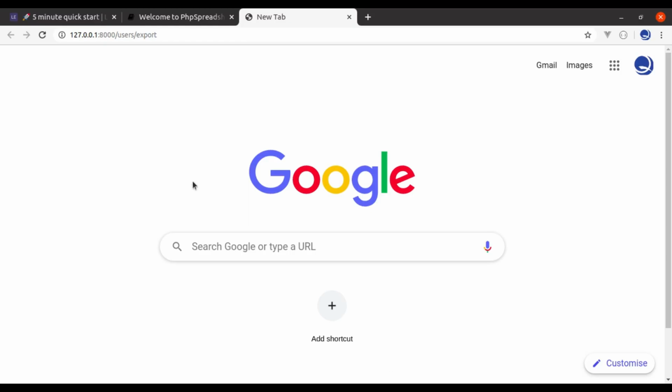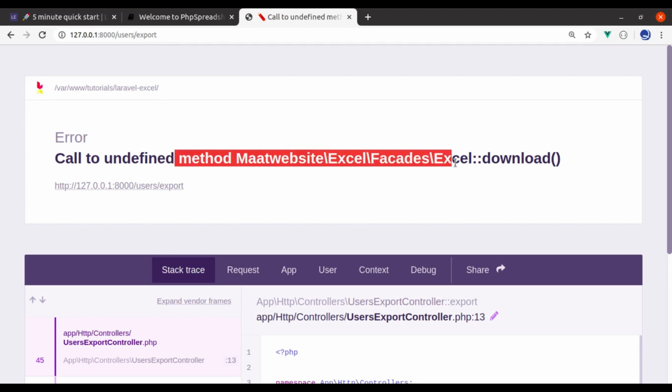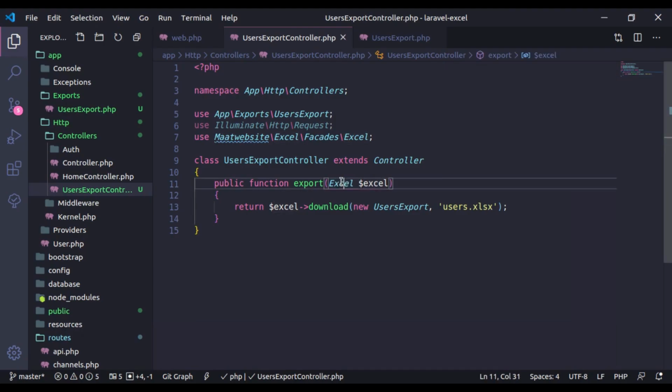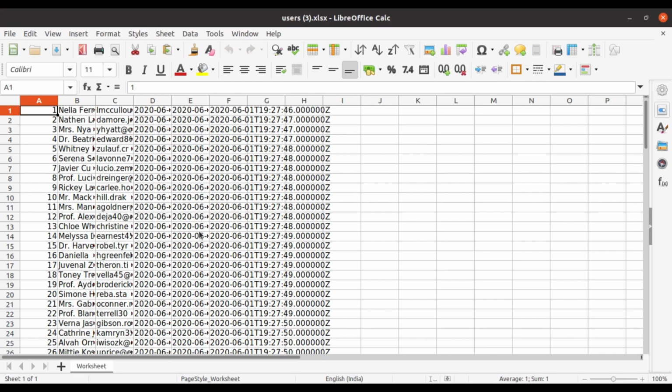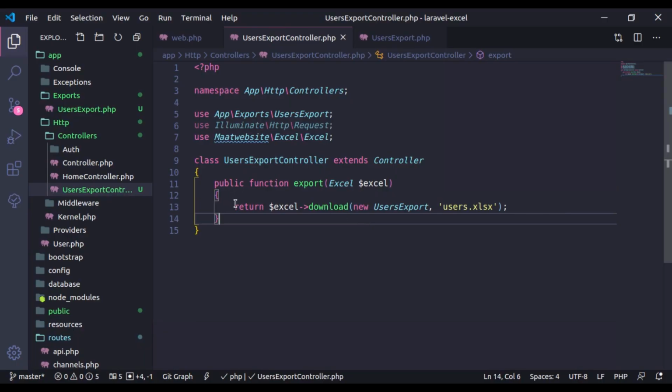And let's go to browser, hit enter. Here this Excel class should not be the facade class, instead it should be this class. Now let's go to browser and hit enter, and it works. It has downloaded the Excel file. Here we go. Now here we can easily understand that we are downloading the Excel file using this users export